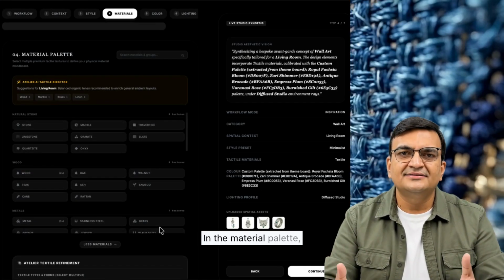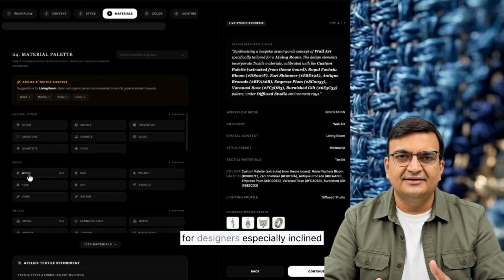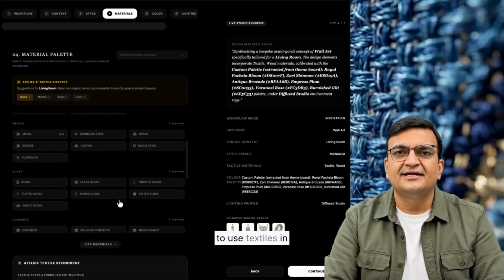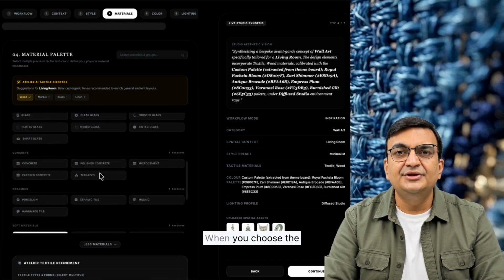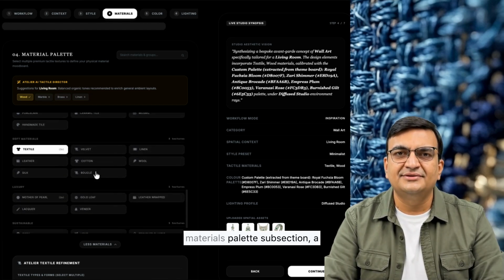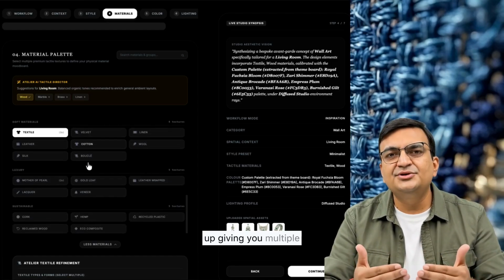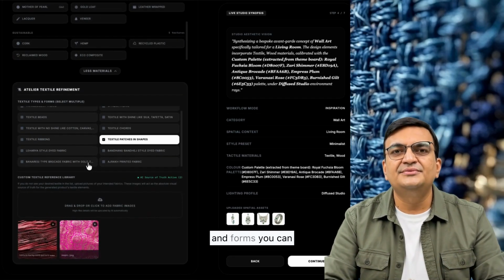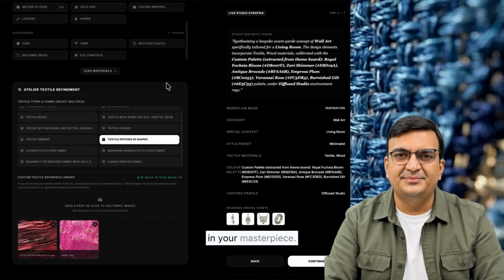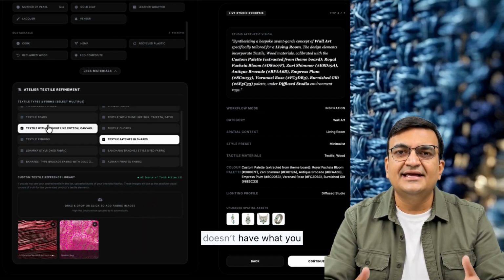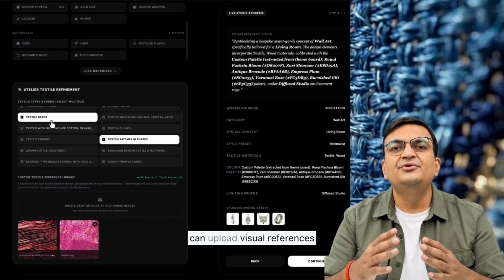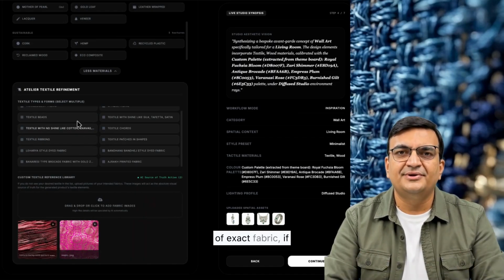In the material palette, there is one surprise for designers, especially those inclined to use textiles in their creations. When you choose the textile category in the materials palette subsection, a new drop down menu opens up giving you multiple choices of textile types and forms you can choose to be incorporated in your masterpiece. In case the list doesn't have what you are looking for, you can upload visual references of exact fabric, if